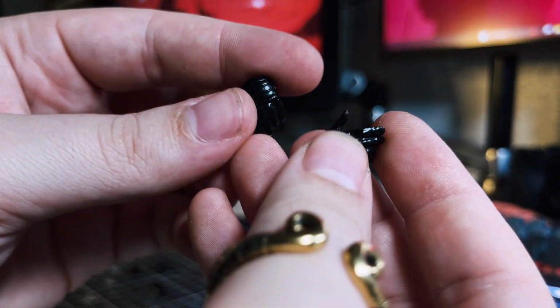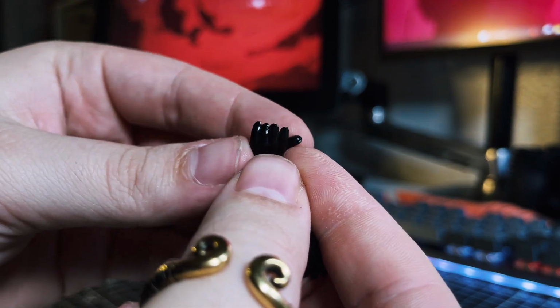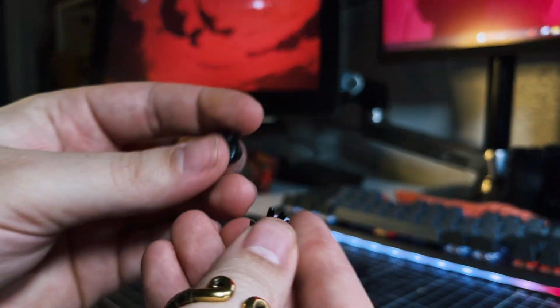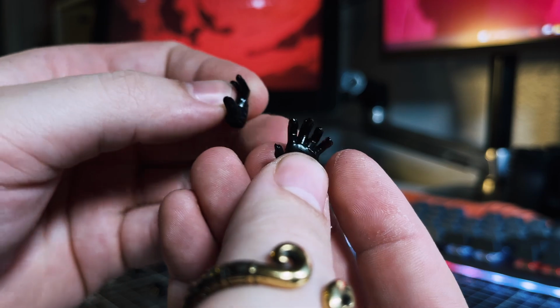And then we get another set of relaxed hands. These feel a little bit more, just because of the way the thumb is poking out and the curling of the fingers, feels a little bit more like a come hither, join me, Luke hand, and we do get two of those. And lastly, obviously, we've got his force using hands, his Kamehameha blasts,